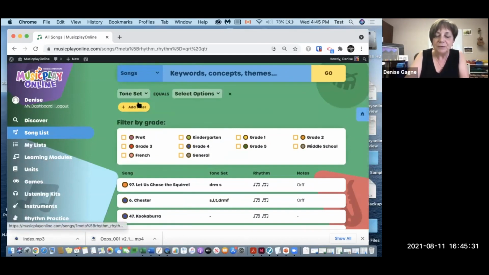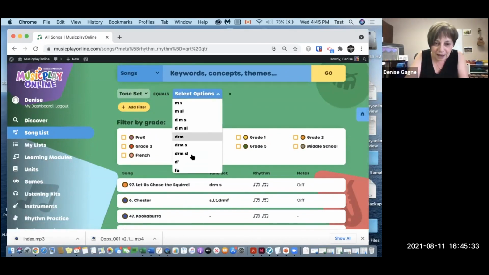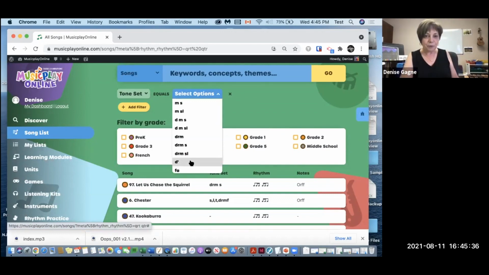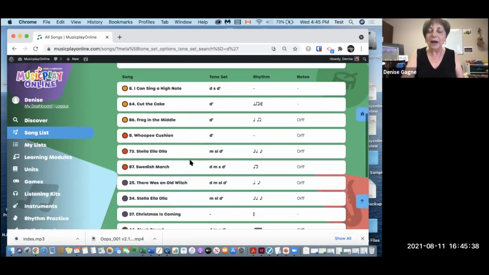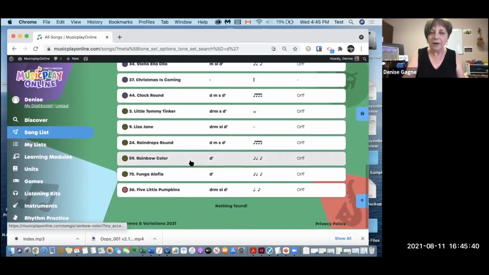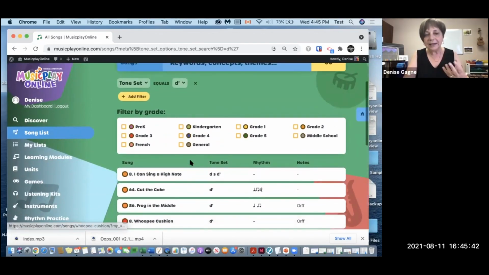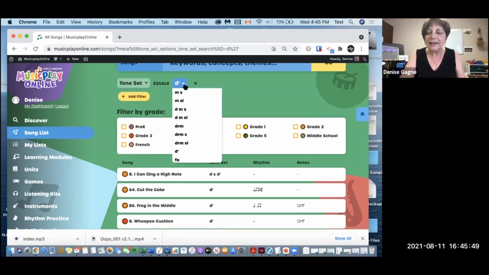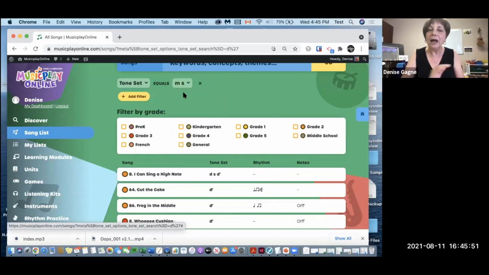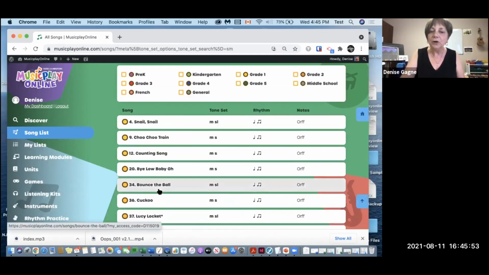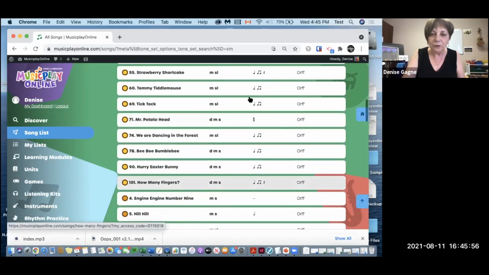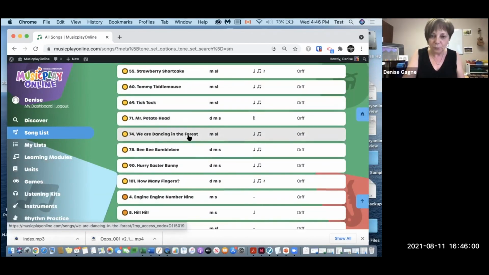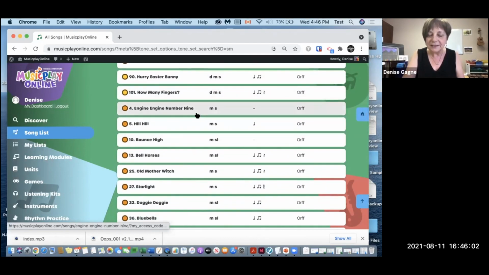Filters for tone set are working beautifully now. High do was problematic because of the apostrophe, and they've got it fixed. So now if I'm looking for a song with high do, boom, it's there. I can do multiple filters, but I'm mostly going to let you play around with this. Tone set is, again, handy. I want to review me-so. So what are my me-so songs? We have a few false positives coming here that have la in it. We'll go through and we'll weed those out. So it is just the me and